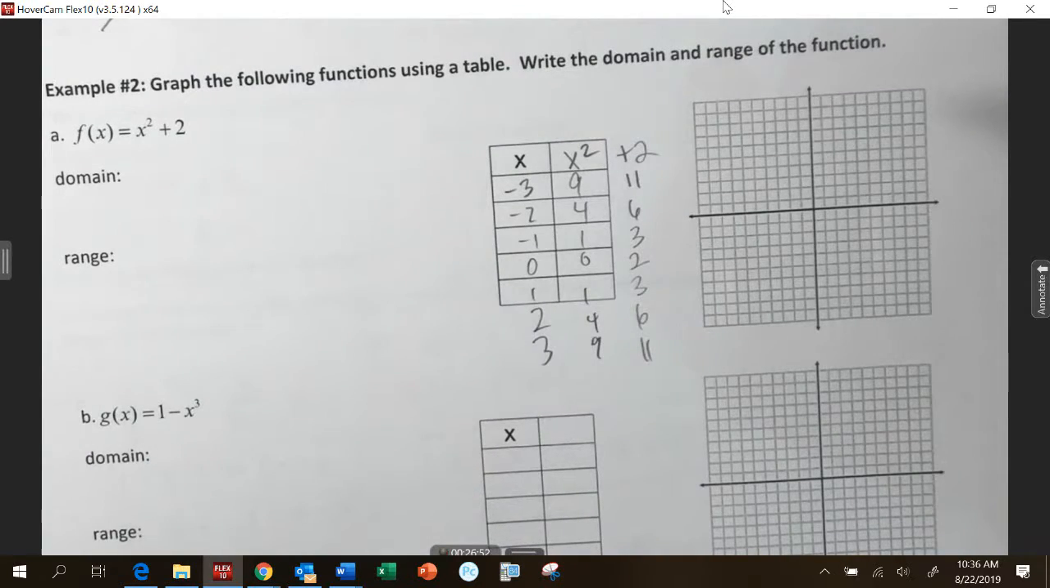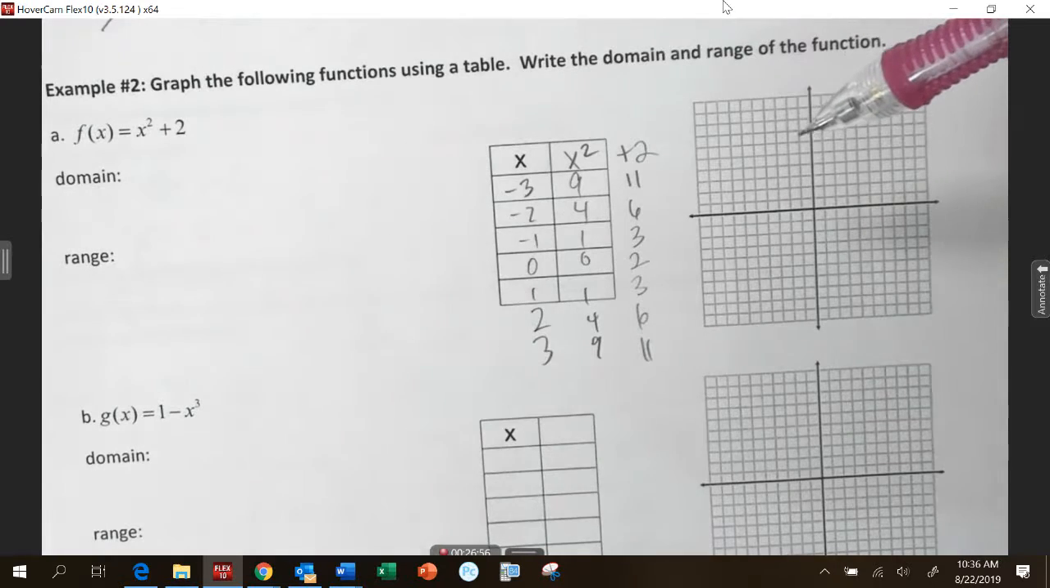So I did plugging in an x, squaring it, adding 2. That's what I just did. I just kind of did it in 2 columns rather than doing it all in my head. So the ordered pairs that I would graph